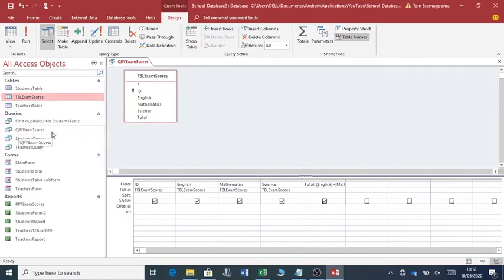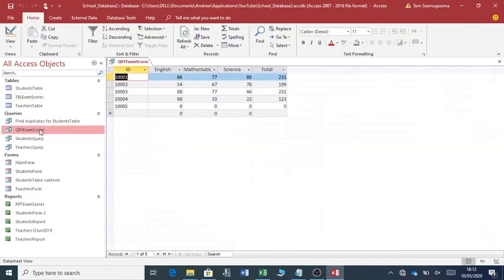So when you open your query you've created, I can close this, open it. You can see it is also giving you the column for total. Let's go back to the query and put a formula for average. Assuming I wanted to work out the average of this, English plus mathematics plus science,